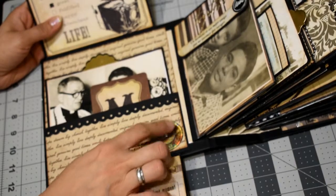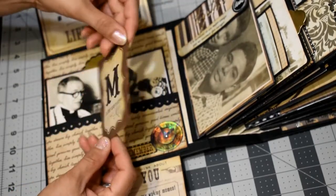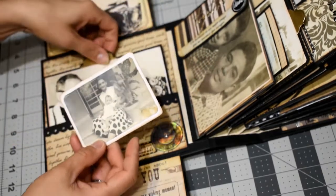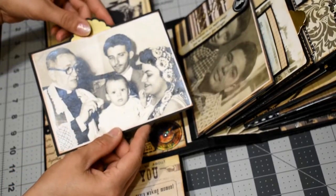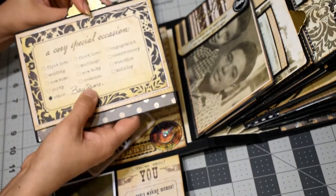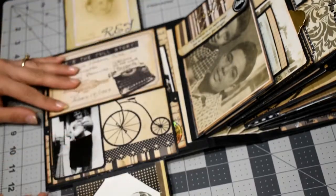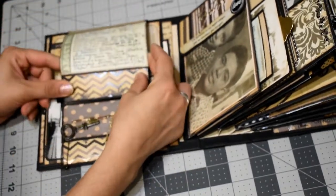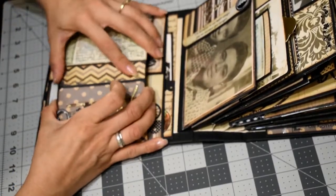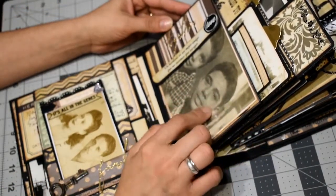So here I put this little dimensional clock, and it's for memories. And that's another picture with my grandmother, with my dad being a baby. And this is a picture from his baptism. So I choose special occasion. As it's not here, I just wrote in Spanish, baptism. I love this paper collection for this kind of mini albums, because it just fits when you are going to use all pictures, especially in black and white. So this closes like this, and this comes back in here,